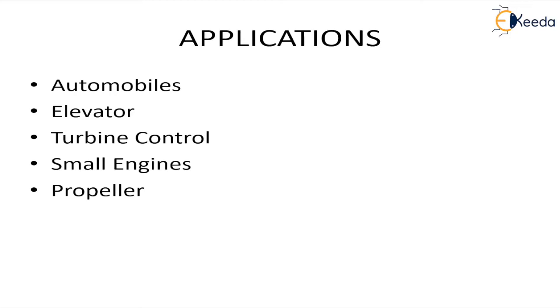Now, I told you that they are being used in automobile engines. So one question arises: whether they are used in petrol engines or diesel engines. Initially, they were being used in all automobiles, but they are preferably used in diesel engines because of low RPM and heavy load engines. Preference is given, like governors are preferably used in diesel engines. The mechanical governors I'm talking about are usually not used in petrol engines because these days almost all the vehicles or automobiles have electronic speed governing systems. So mechanical governors, the use is reducing day by day.